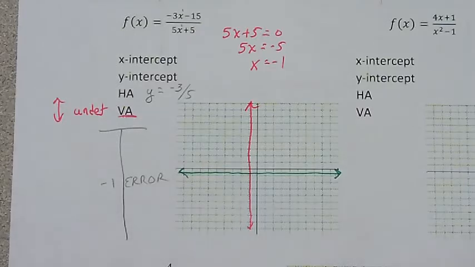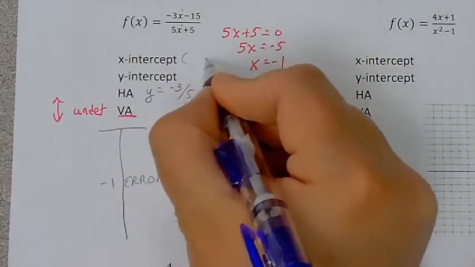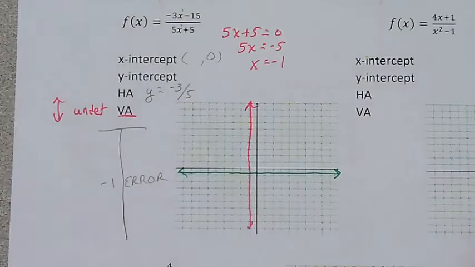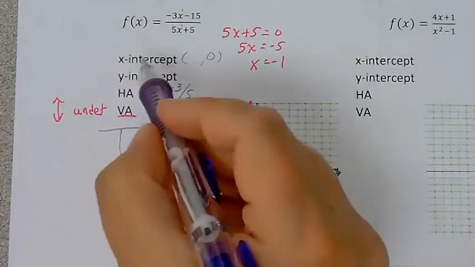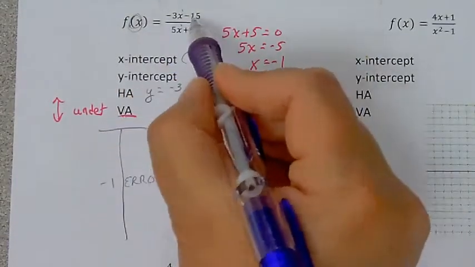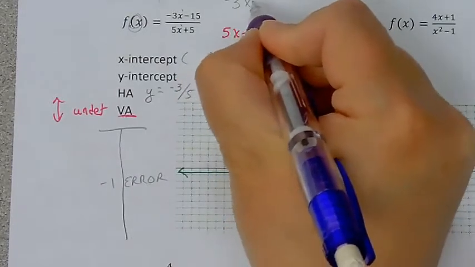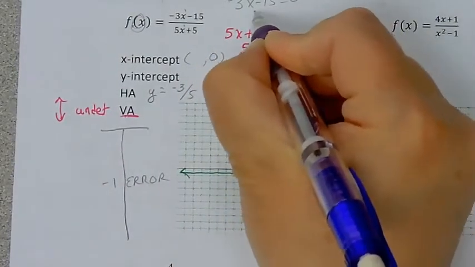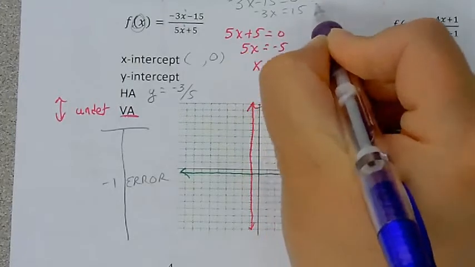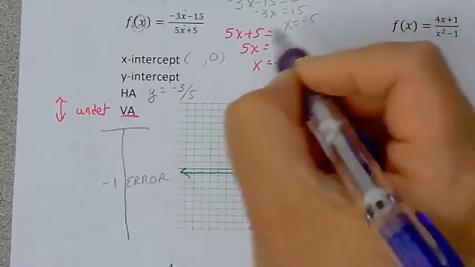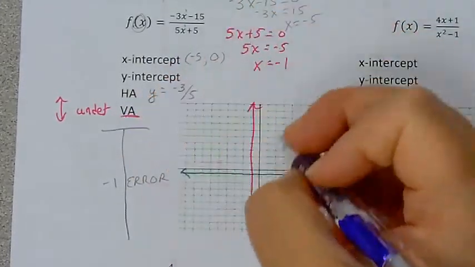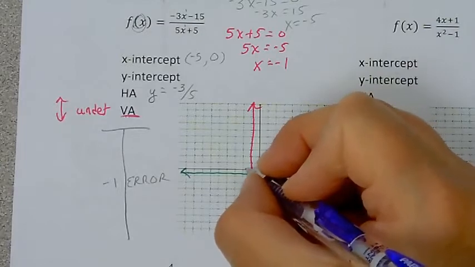Okay, let's find our X-intercept and Y-intercept. The X-intercept is when you have 0 for y. So what would make this thing equal to 0 is if the top part equaled 0. So -3x equals 15, so x equals -5. So I have an X-intercept at -5,